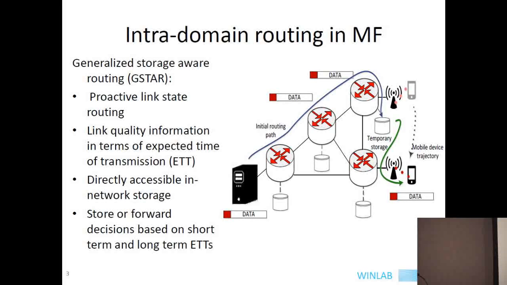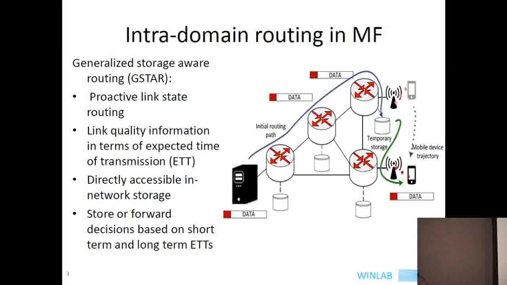Every router within the network has global information about all the other routers. What they know is the expected transmission time, the ETT, of the links. This is exchanged in link state advertisements, which are flooded within the network. So every router knows the ETT of the links throughout the network.